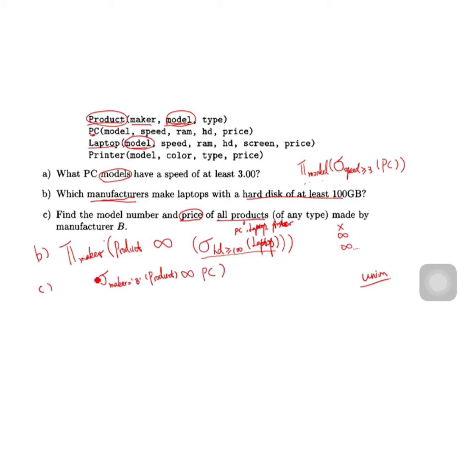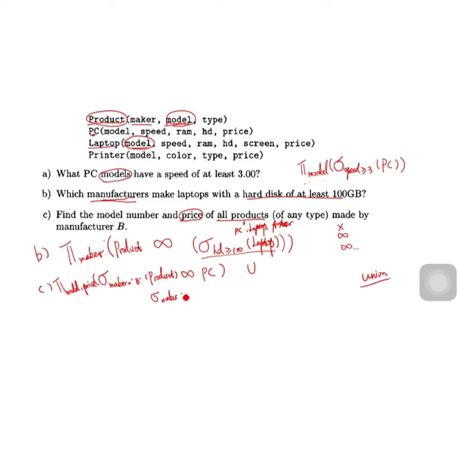And now model and price. So project model, price. Okay, now we already get the model number and the price of PC made by B. Now union what? Union